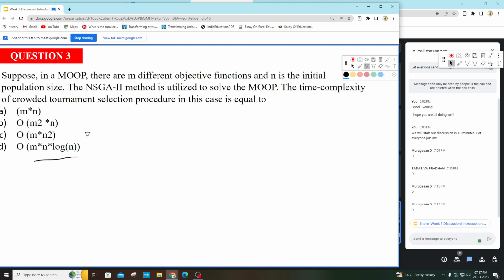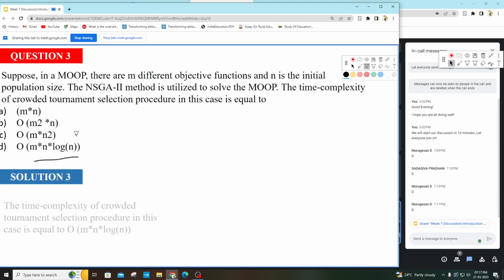Okay, Murugesh is telling D. Any other guesses? Any other option that you believe is true? Okay. So yes, in NSGA2,